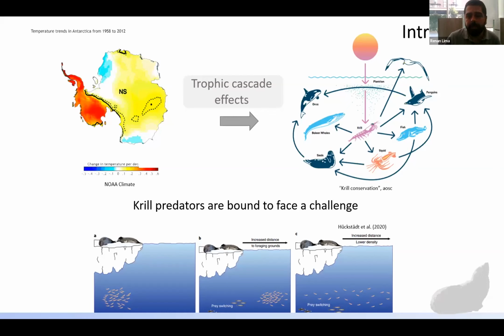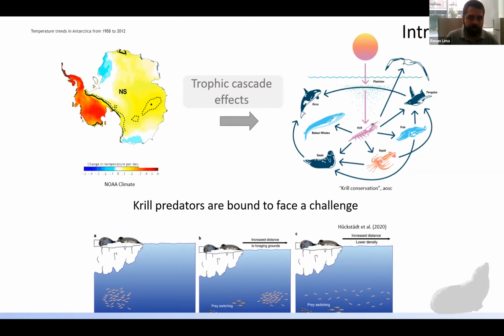So we know that the Southern Ocean has been changing rapidly over the last century, and the increased ocean warming events have been changing, for example, the phytoplankton community structure around the Antarctic Peninsula, and the concurrent decrease in the sea ice extent has been negatively affecting krill abundance. And future climate projections suggest that there will be a further reduction in krill abundance, and krill specialist predators will either have to switch to farther offshore or more southern foraging habitats,